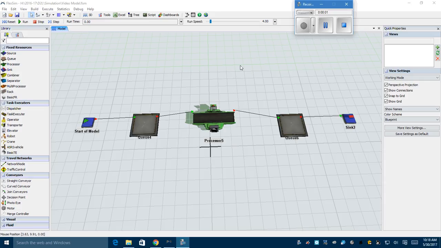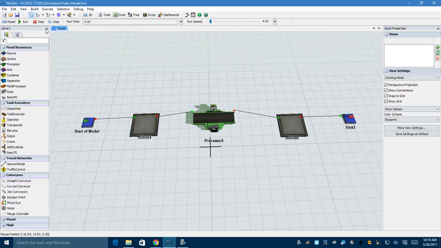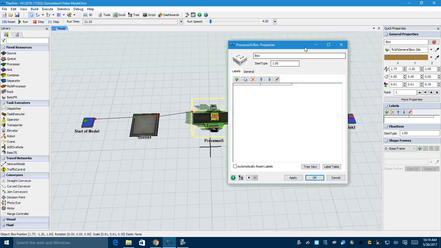In this video, I'm going to talk about how we characterize between different products in a simulation model. So right now we have 5 objects in our window, and we've connected these objects so that we have the default flow items moving through the simulation. If I stop the model and I double click on one of the flow items, I can look at its